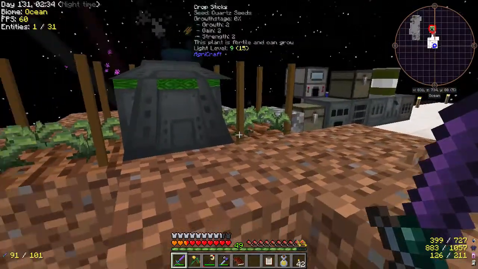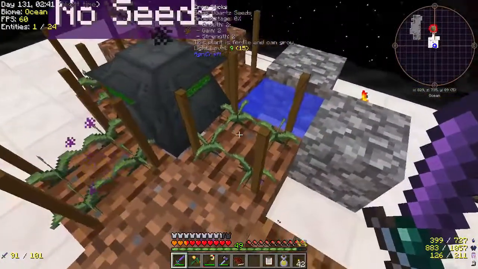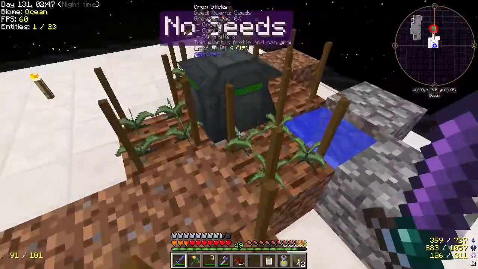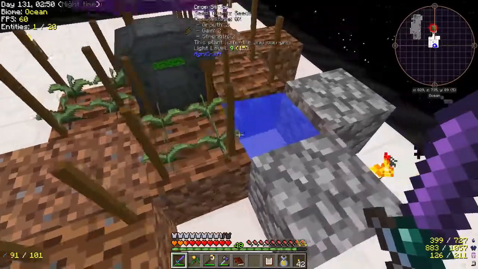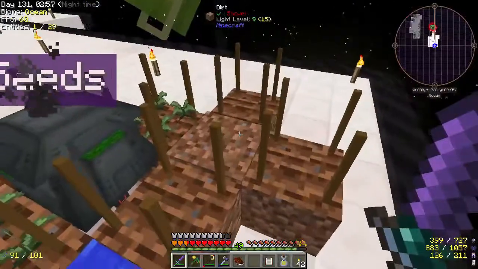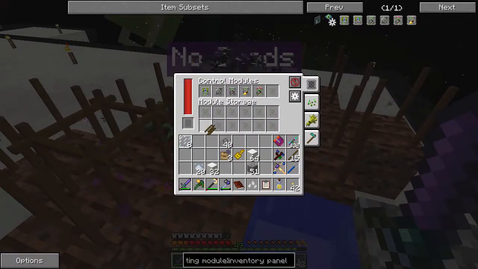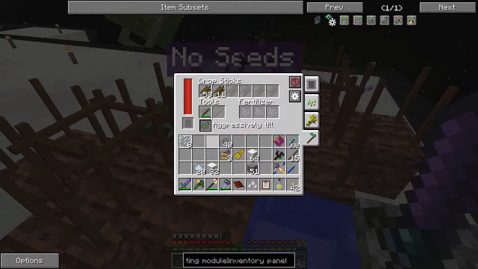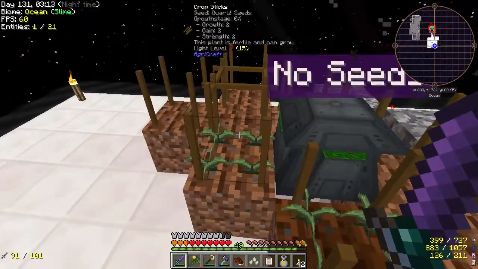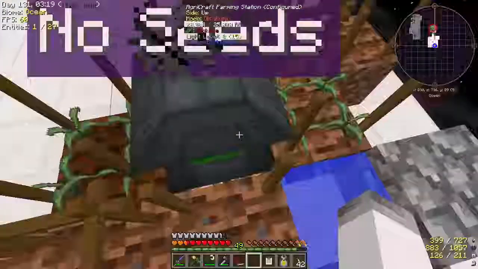Quartz seeds? Quartz seed. No. Dye seeds. No, this is not working. Why aren't you working correctly? That should not be going there. He already has a whole bunch of quartz seeds. What? He should be doing this. Alright,